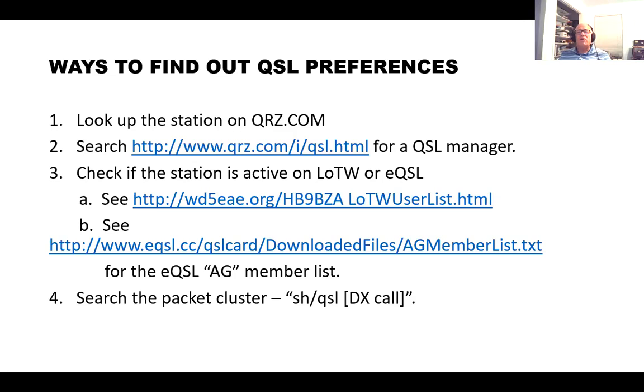There are also other ways around this. If you work T77SL, he uses Logbook of the World. If you work V30 or LX1LJ, he only does QSLs. He does not use Logbook of the World or eQSL or any other method. If you want to use Luxembourg, you have to get a card.